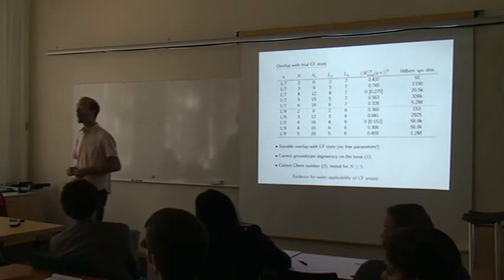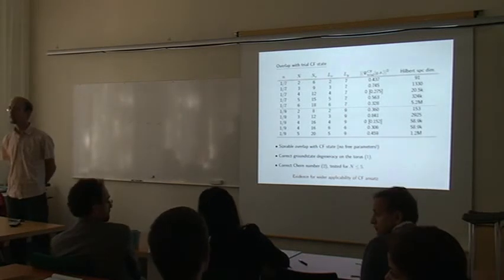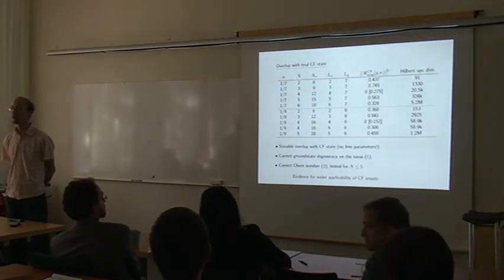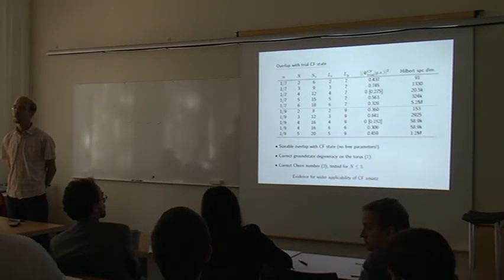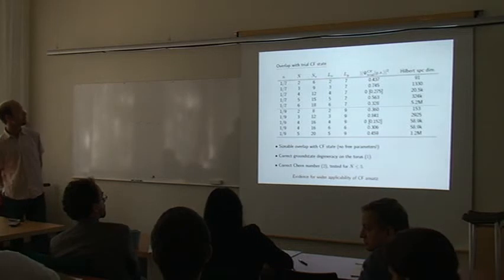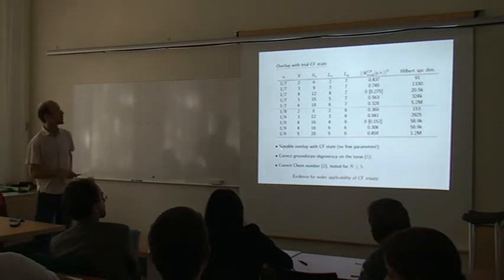Question similar to Andrei's question. So these states with 1/7, 1/9, in principle can I obtain them if I take bosons with long range interactions without any lattice? Is it correct? Oh, but this is not. Or is this a different state? This is not. Oh, so these are not. Sorry, I should have been clearer.